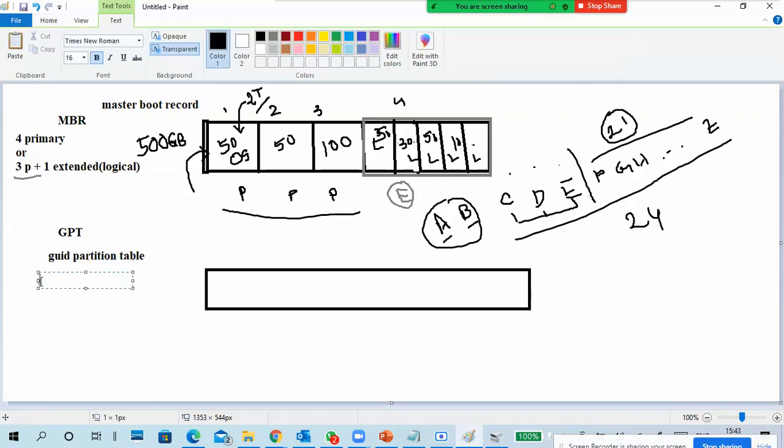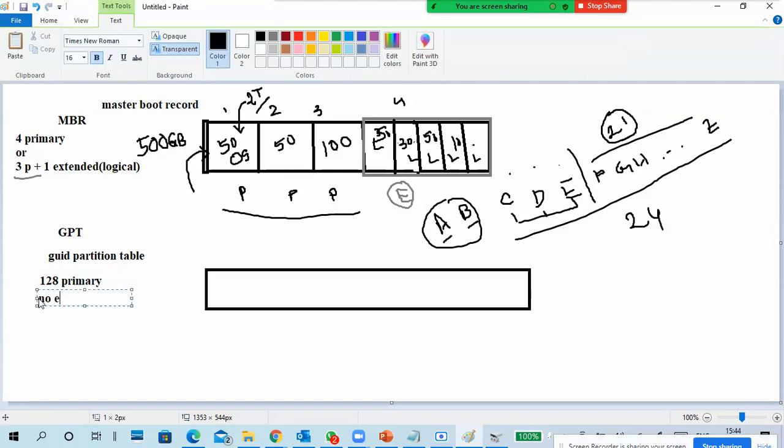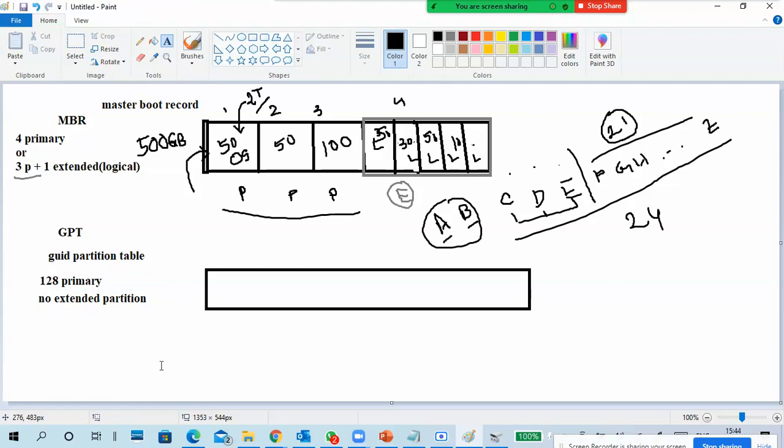Very simple. 128 primary partitions, and no extended partitions. We don't create any extended partition because 128 is huge.